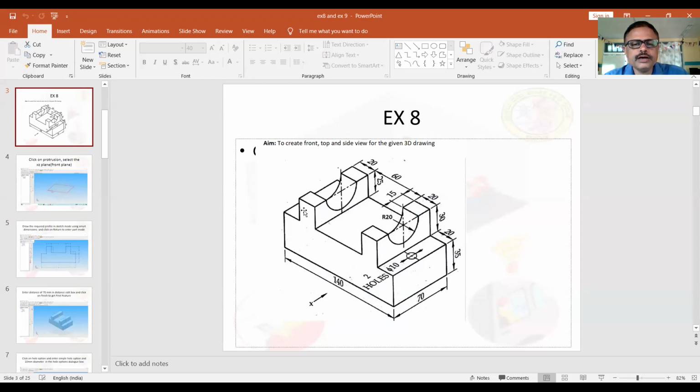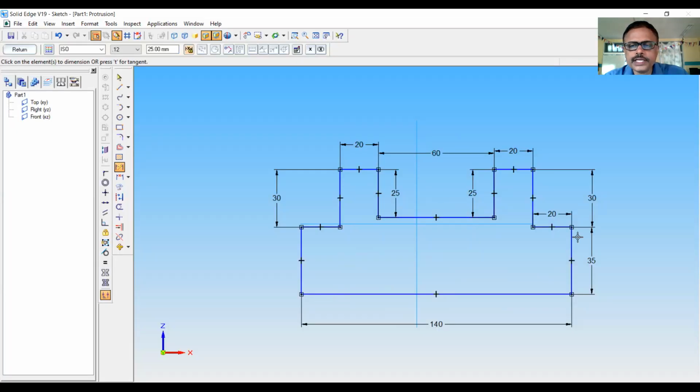This is 60. All these dimensions I have transferred in my sketch. This is the sketch or profile required to construct the base feature. The first feature what we are going to construct in Solid Edge is called as base feature. So once the sketch is ready, it should be a closed loop.